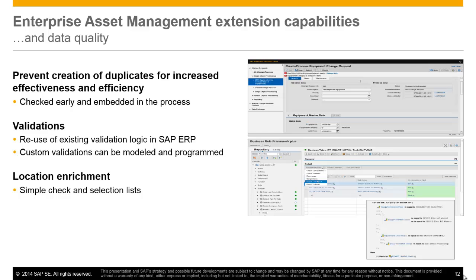Data quality checks are critical. By virtue of having a central approach to master data governance and master data management, you will have a central place where you can store and access your master data records, improving data quality. Additionally, automated data quality checks are run to prevent the creation of duplicate records, to propose records that possibly are duplicated